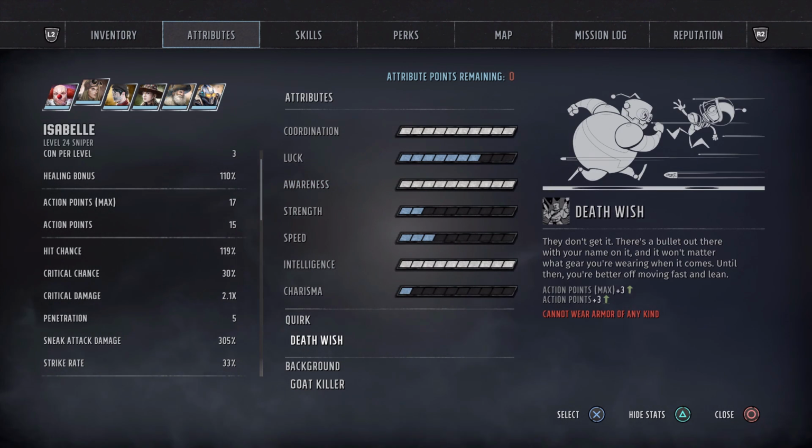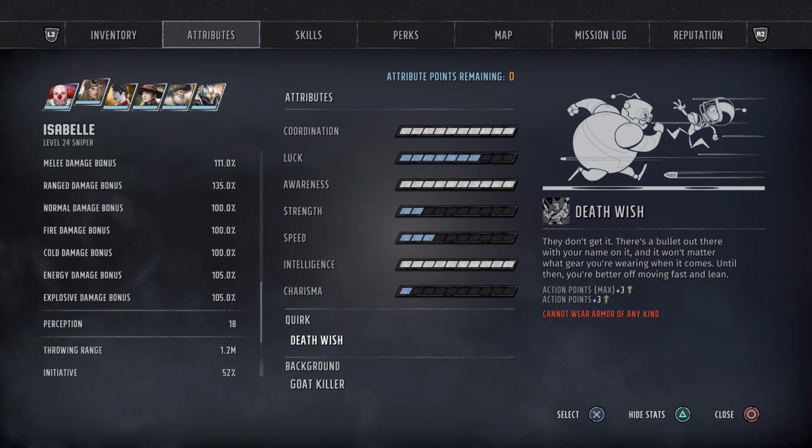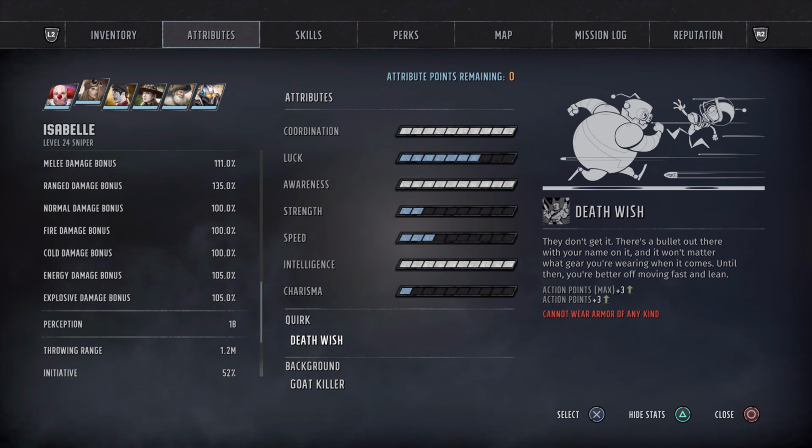Now for quirks, you could go with Sadomasochist, which is really nice for damage, or Serial Killer. However, I felt like Death Wish is the best because it gives you more action points, plus additional action points, which is good. You cannot wear armor, which is a disadvantage. However, most of the time you're hanging out back, so you're not going forward or anything like that. You're just laying back there,